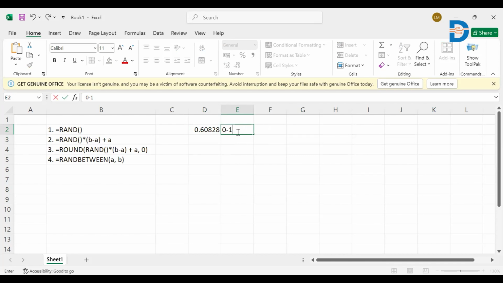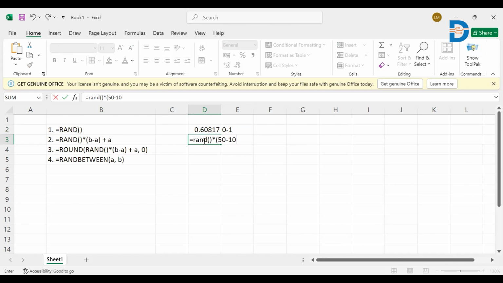Let's say I don't want to generate random numbers between 0 to 1, but between 10 to 50 or 50 to 70 or something like this. Then the formula goes something like this. You will have RAND, then you give the range of numbers you're generating from. That is, you're going to give only the maximum value. Let's say I want to generate numbers between 0 to 50. Now, how will I give that? My 0 is my lower limit, 50 is my upper limit. How do I achieve 50?